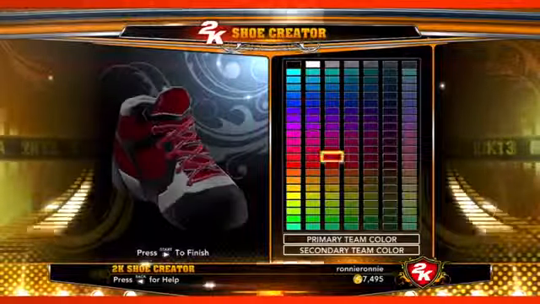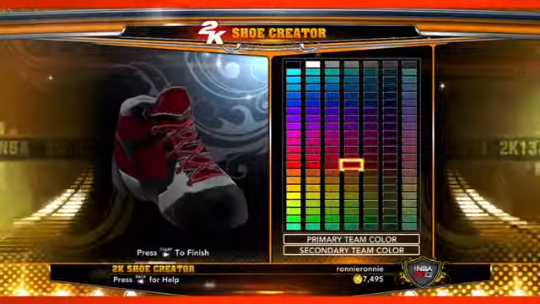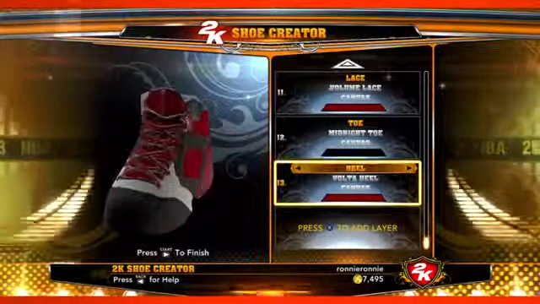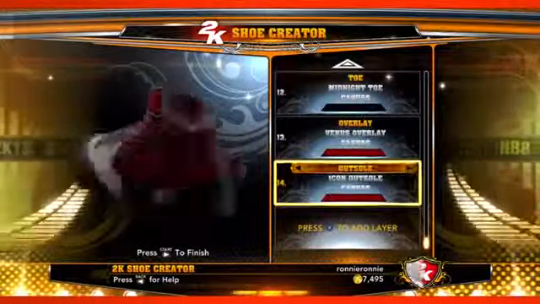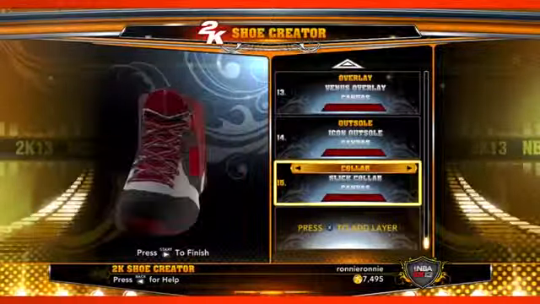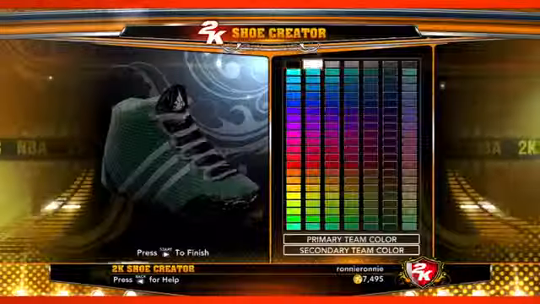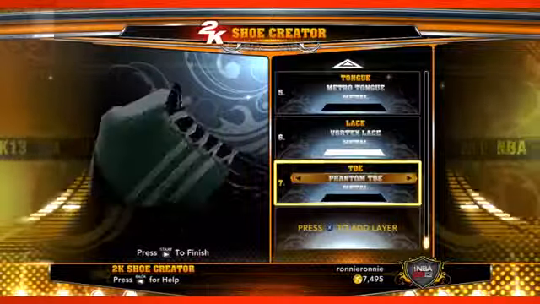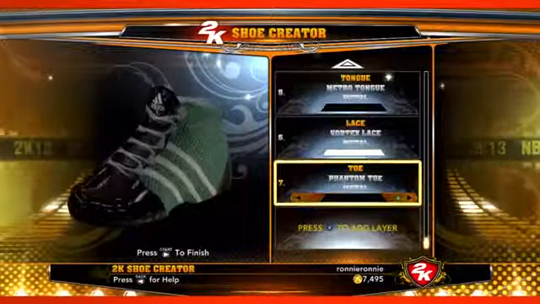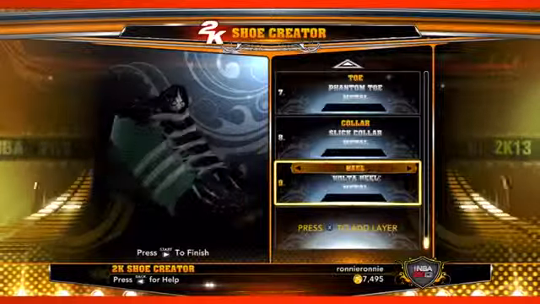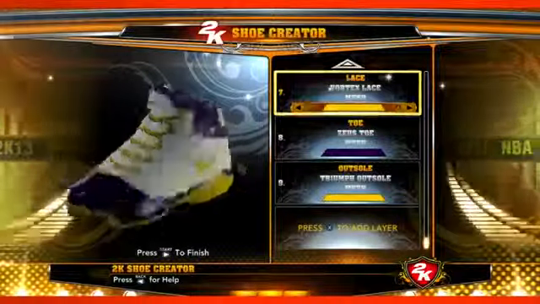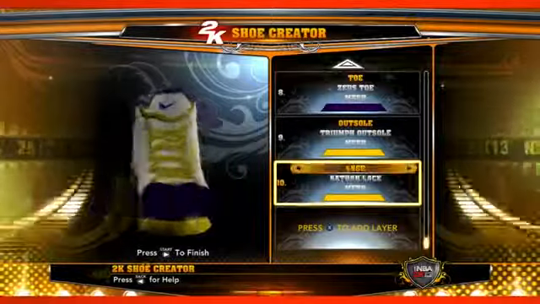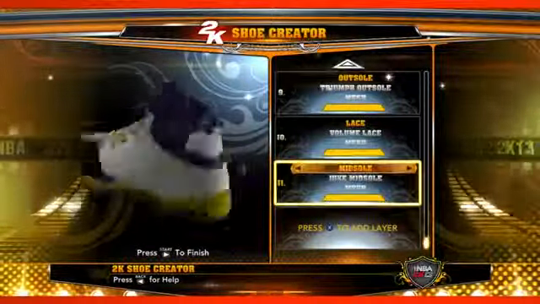So the shoe editor is really, really cool. We built it similar to a Photoshop system. And the cool thing about it is that you can take all these different pieces and put them together. You can take multiple pieces and put them together. You're selecting colors and materials, and then you're also deciding which piece has priority in the way that you see it. The quest was to create something that would reduce the number of clones that you would see. So if I create a shoe and you create a shoe, we wouldn't end up pretty much ever with the same exact shoe. And that's something that we tried to achieve this year.